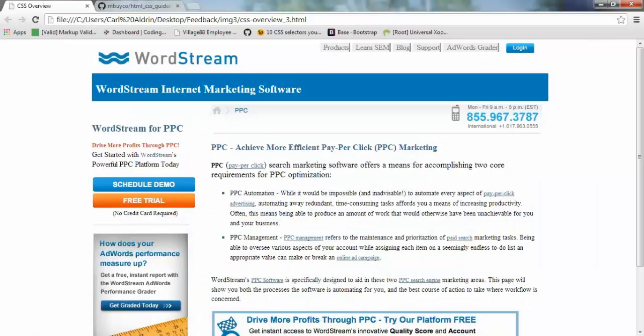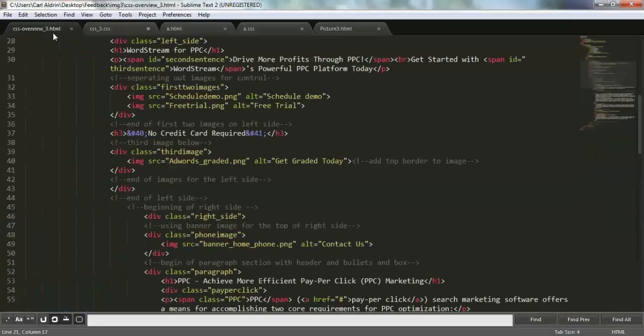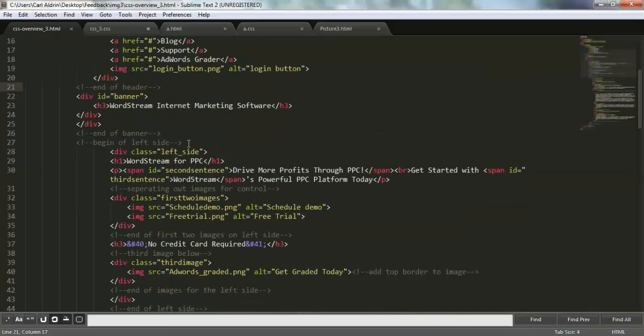Okay? And with regards to your HTML codes, your comments are most likely commendable, making the navigation on your codes better.